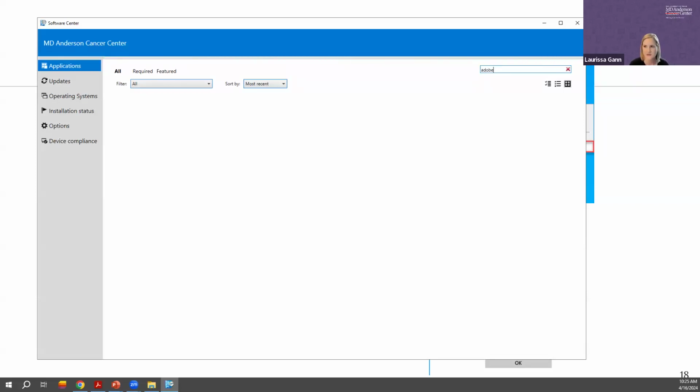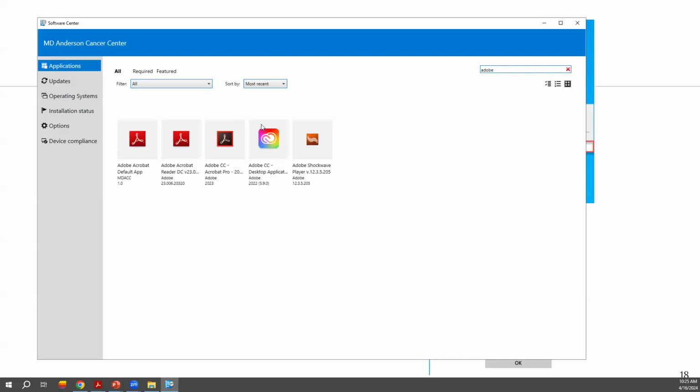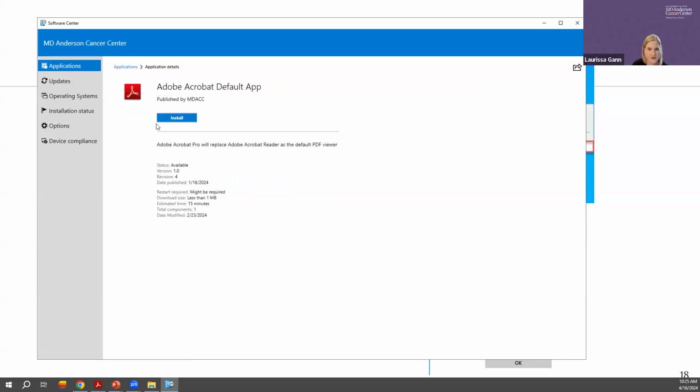And I believe that you can download... sorry, it's thinking. There's an app we can download for this that I may have to send out later if it doesn't wake up. Okay, Adobe Acrobat default app. So I think, well,